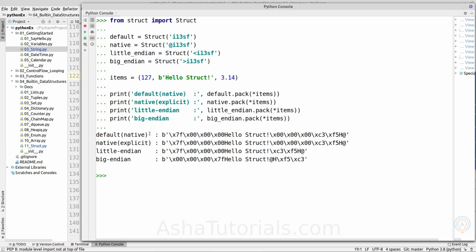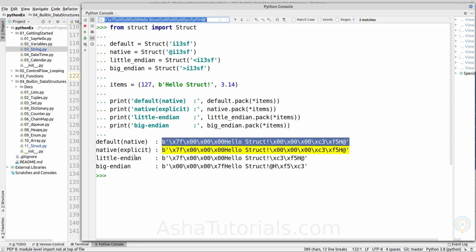So here we can see the first one is the default formatting, in which we are not specifying any byte order. As explained earlier, it will implicitly take native byte order, and if we explicitly provide native byte order, it will result in the same. So here is the explicitly specified native byte order and its bytes representation, which is exactly equivalent to the default.